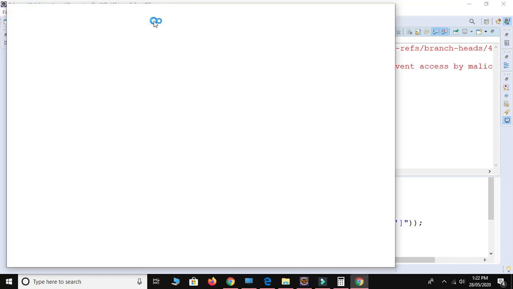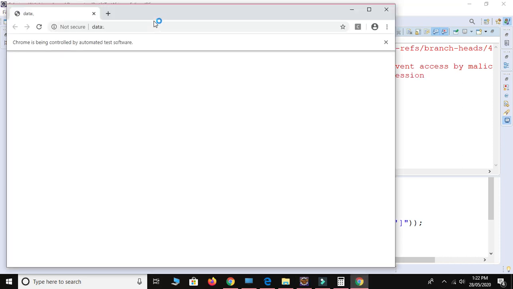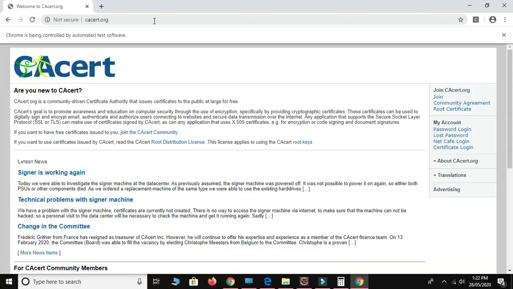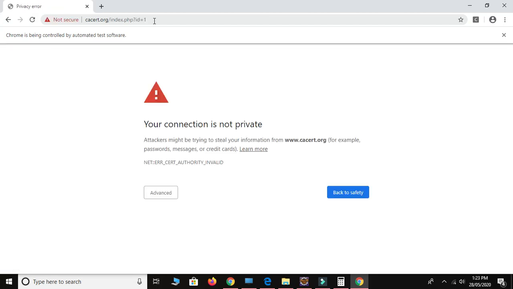So after this execution I will show you how to handle such type of issue. Okay, so it will click on the join. Okay, clicked. So after clicking on the join button, this web page is launched, but we need to handle this certificate issue in our script in Selenium.